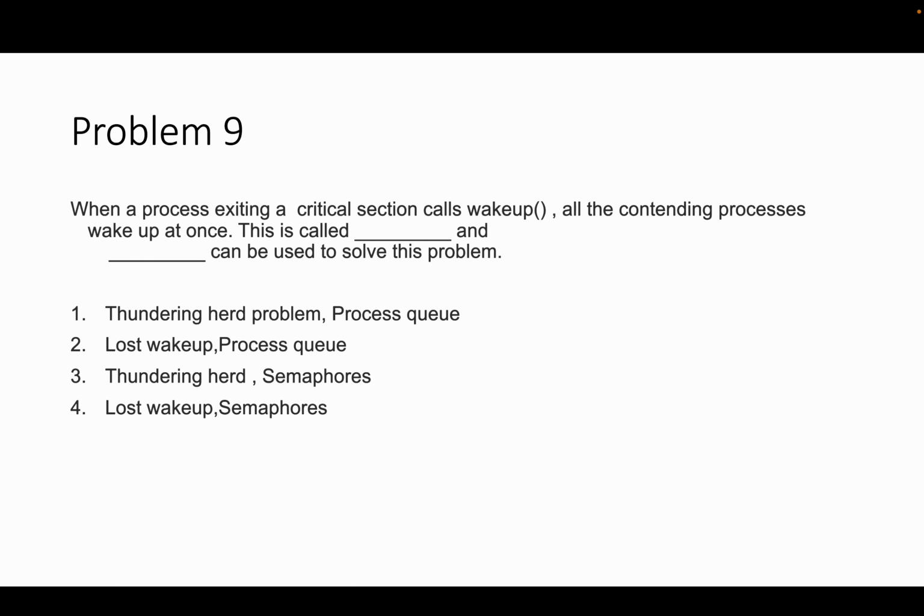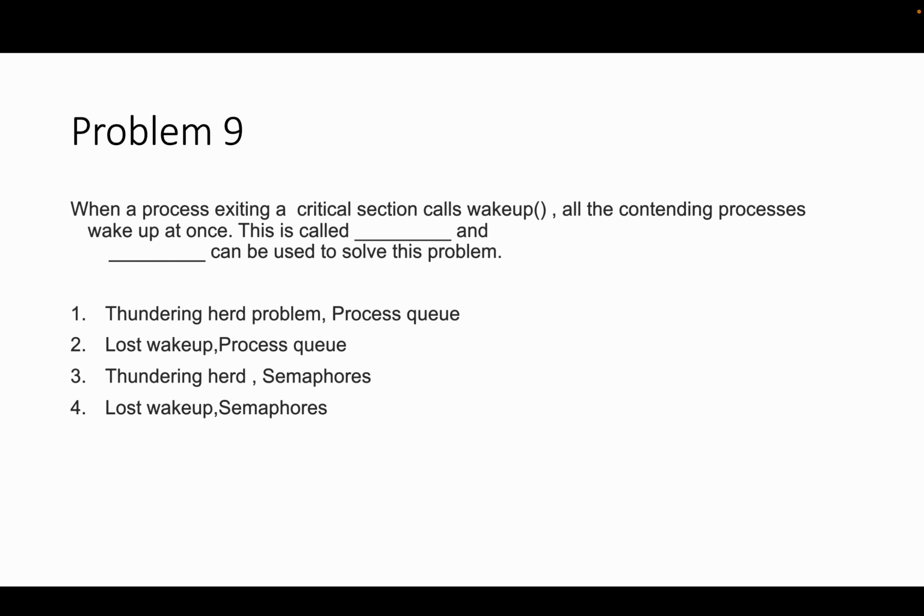whenever processes come and try to access the critical section, you put that process in a queue. If P1 comes and is trying to enter the critical section, you put that in a queue. Then P2 comes, then you put that in a queue. In this manner, you maintain a queue, and whenever a wake up happens,